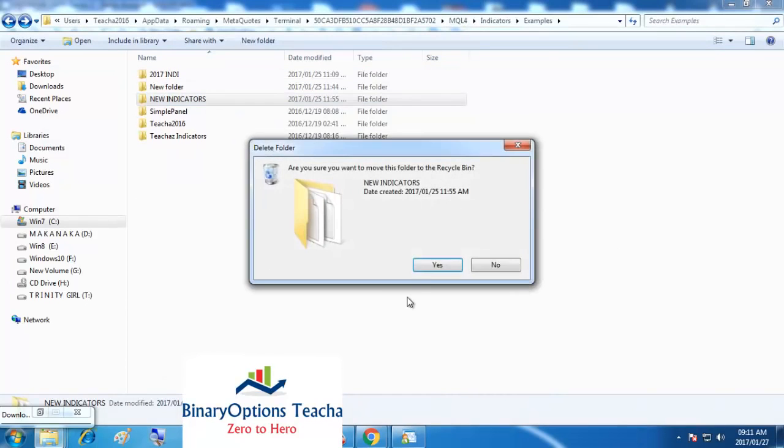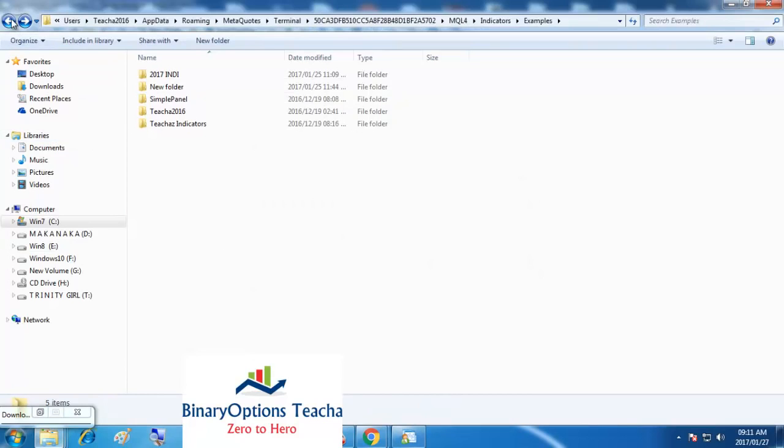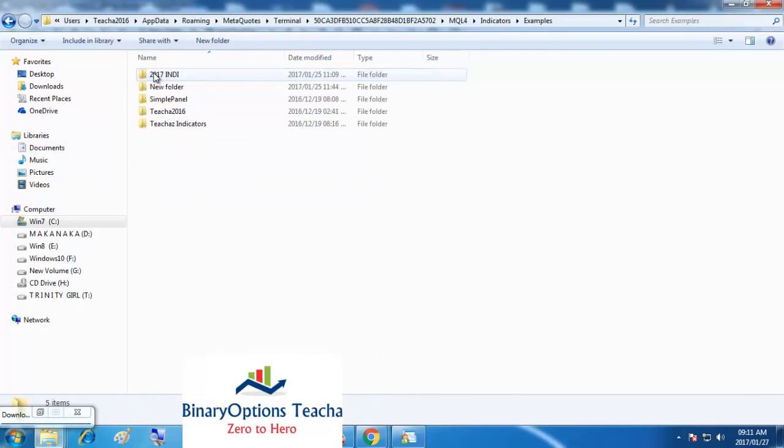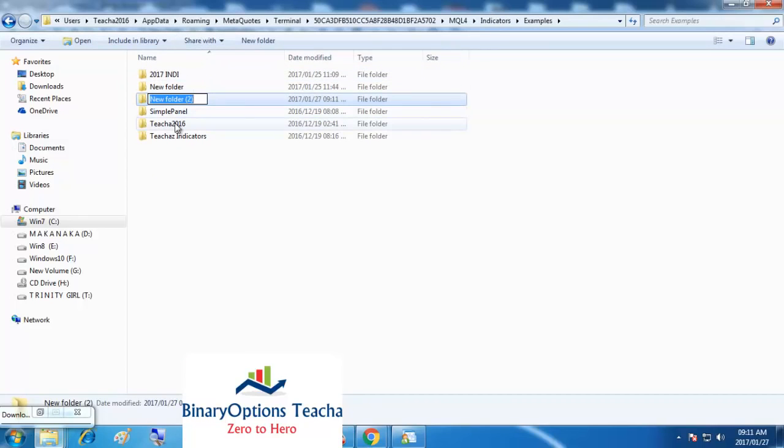Okay, so I like going to indicators, examples, and creating your own folder so that you will find it easier to find the signal, the indicators. So you can just create your new folder. You can name it whatever you want. You can even put your name, new